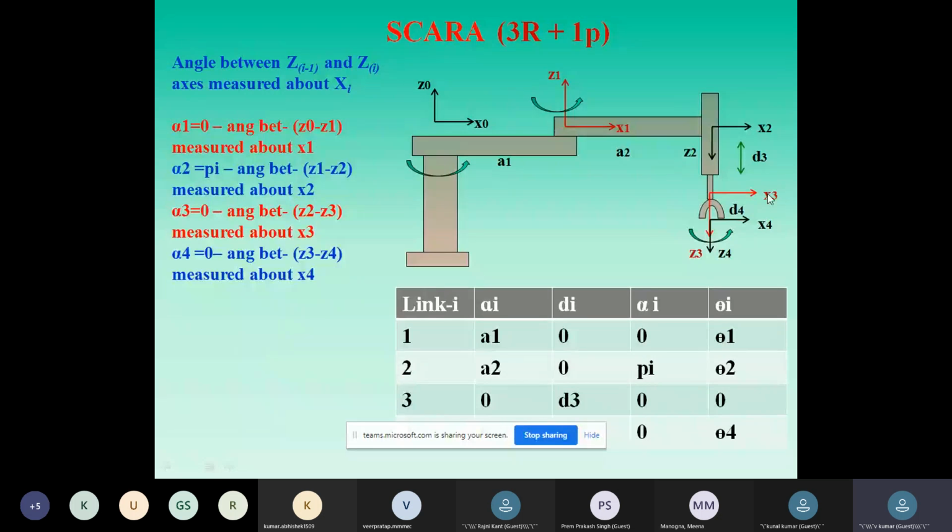And alpha 3 will be 0, because the angle between Z2 and Z3 will be 0. Similarly, Z3 and Z4 are in the same line, so alpha 4 is also 0. In this way, we calculate the DH parameters for